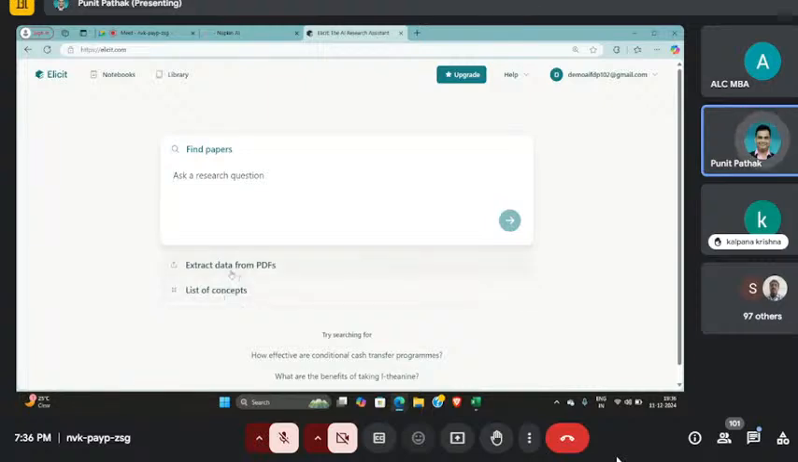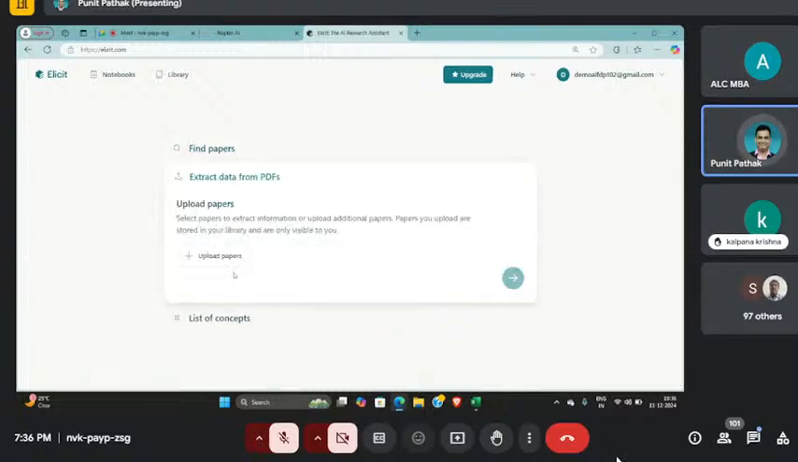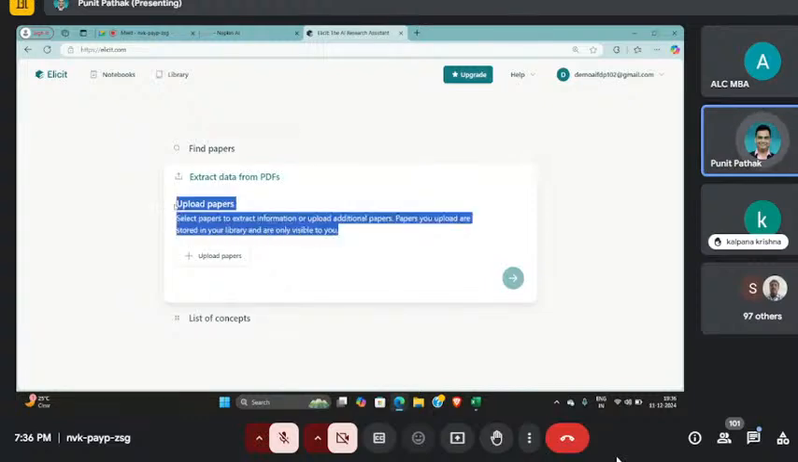As far as extract data from PDFs is concerned, if I click on this right now, we'll see that it will allow me to upload the papers. But this has a very major limitation. The limitation is that in the free version, we are able to upload only up to 10 papers per month. So we have a really better tool for this, which we'll be seeing